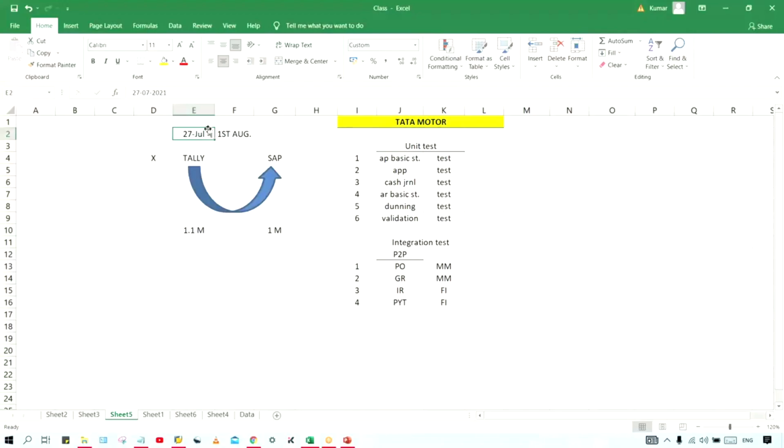So after the cutover date, the transactions will not be posted in this legacy system, and those data are going to be migrated into SAP later on, right? Whatever these pending 2-3 days transactions are, that also must be recorded somewhere.